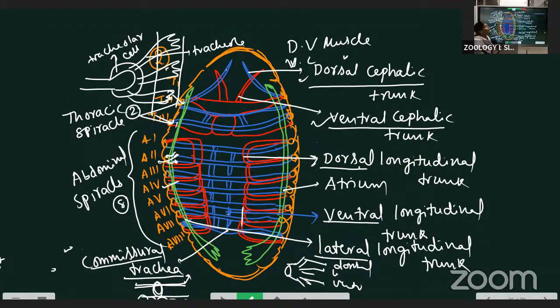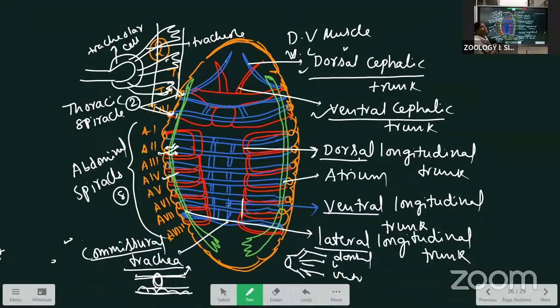ventilation occurs. What does discontinuous ventilation mean? Normally oxygen is supplied to all cells by the trachea, but carbon dioxide is present inside the hemolymph. Some amount of the CO2 is eliminated through the intersegmental membrane, and depending upon the carbon dioxide pressure, when it is more, like a burst, the total CO2 is expelled out. That is depending upon the tension of the CO2. Clear? This one is about the cockroach